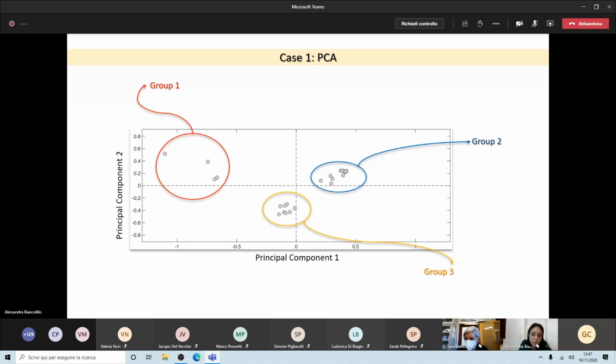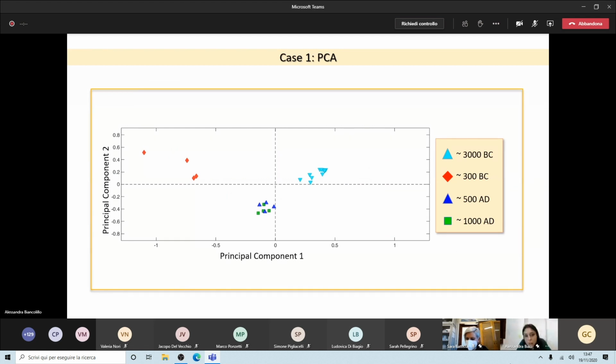The problem is when they are not sure about their age. So once we included the information they provided us into the plot, we realized that we were actually able to see differences among the samples according to their age.